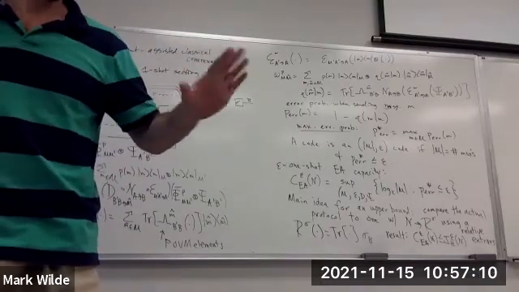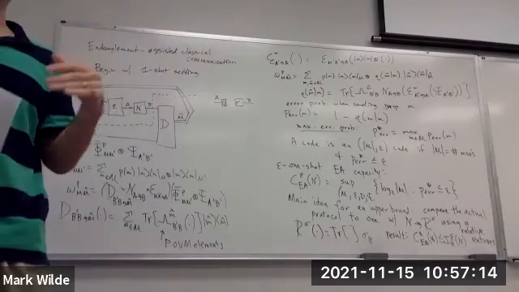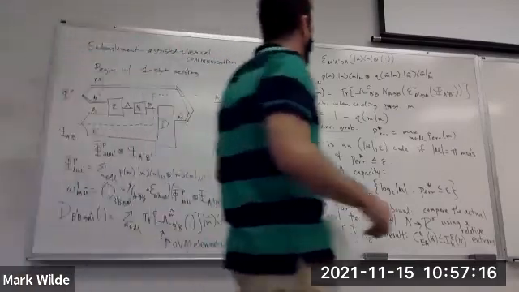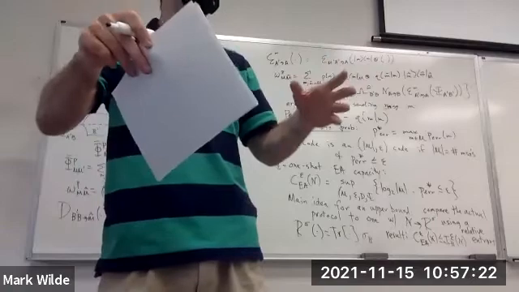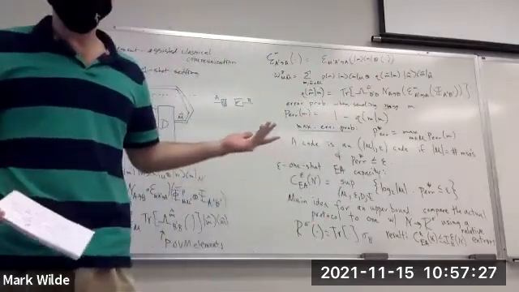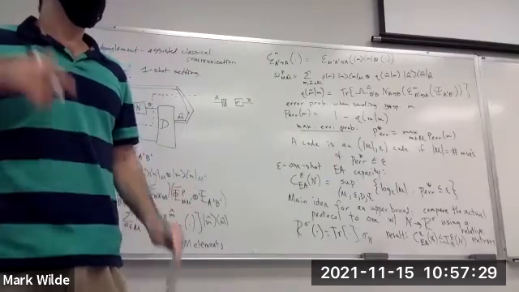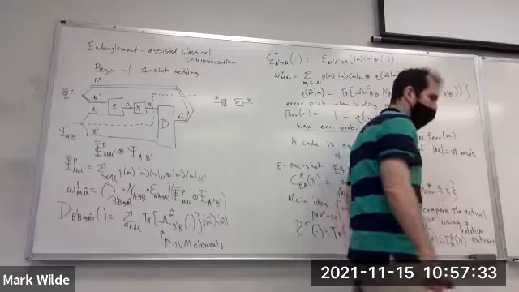Okay, so we'll define that later on, but in words, you take the hypothesis testing relative entropy, comparing, as the first argument, a state that can be generated by the channel versus one where the channel is a replacer channel instead. Okay,